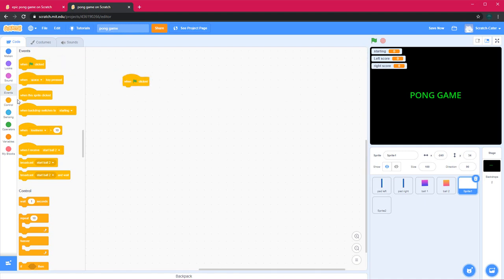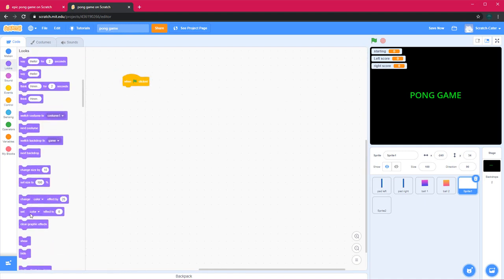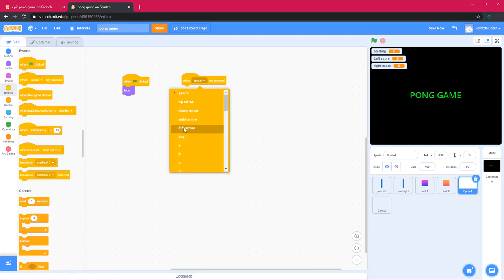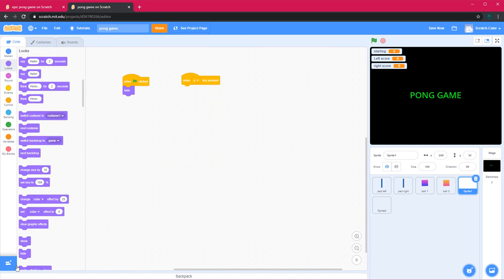When green flag clicked, it should hide. And then when P is clicked, it should show. That's it. So sure. I'll do the same for sprite 2